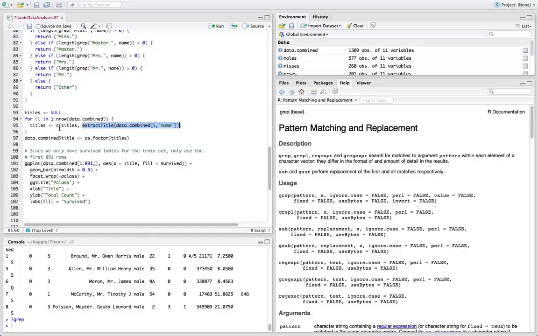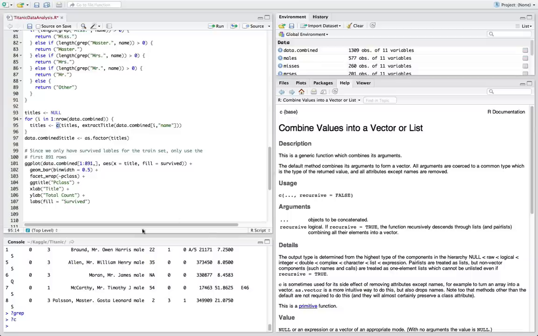The c function stands for concatenate, or combine. What this does is take whatever comes out of this function call and add it to titles. Basically we're building up a vector, an expanding array of these values that come out of the extract title function.